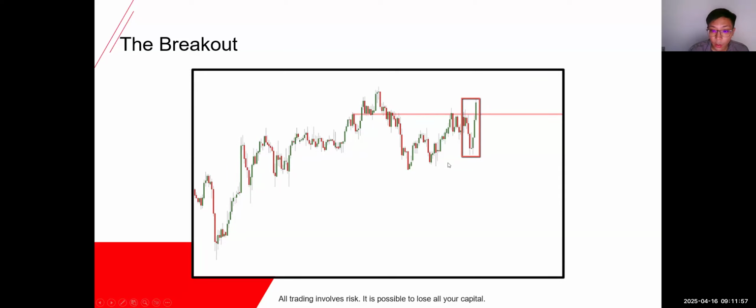price didn't close below this low. This is more of market structure. If you understand market structure, you'll know that on the higher time frame we are definitely bullish. This might be H4, but on the daily time frame our direction is generally bullish. So when our daily bias is bullish, and price didn't close below this low, and then we have a morning star formation forming here, this shows that we will see a breakout towards the upside.